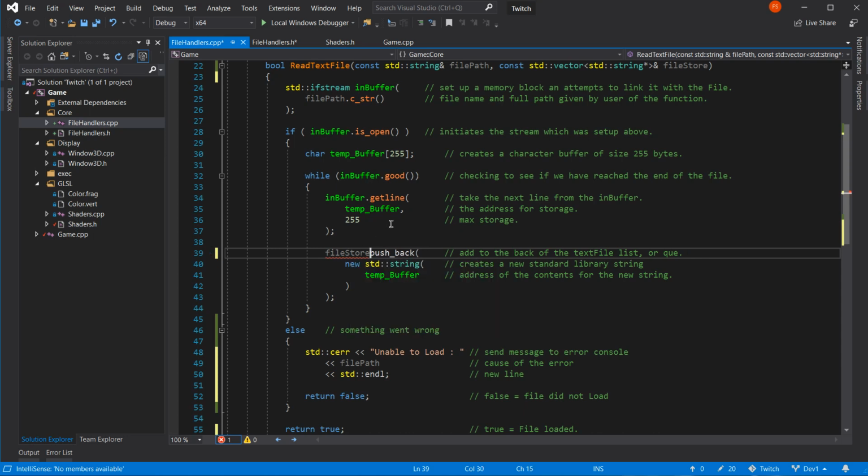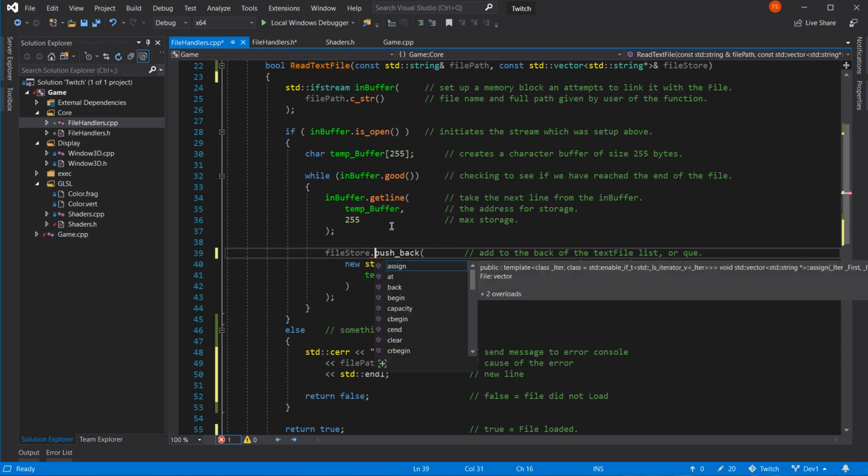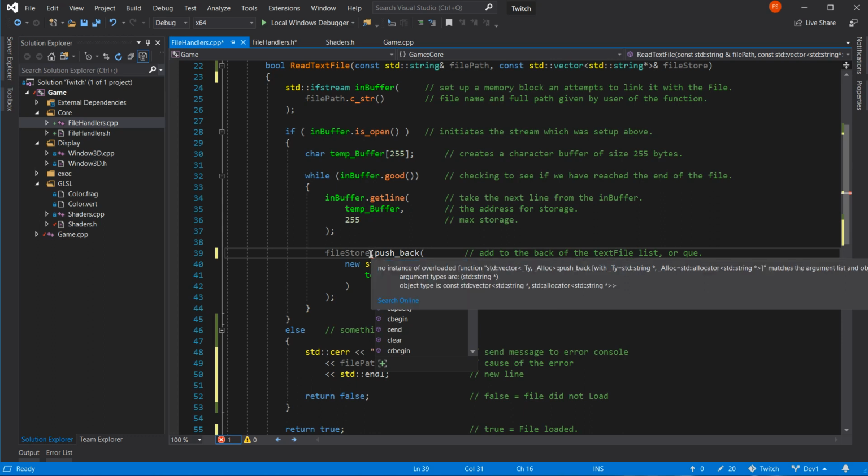Okay. No instance of overloaded function std::vector allocate with string matches the argument list and object. The object has type qualifiers that prevent a match.